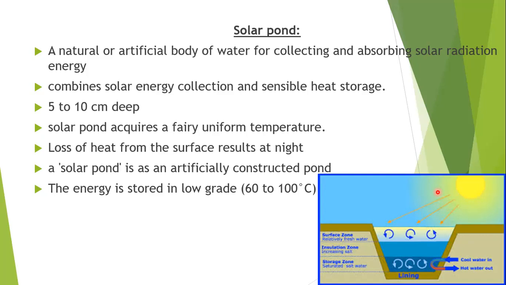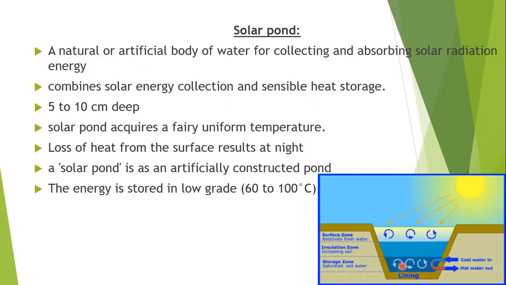It can be used for space heating, agriculture and other processes. In shallow solar ponds, as described above, water soon acquires a fairly uniform temperature. So the time required for the water to attain a uniform temperature is less. However, water in such a pond usually heats up only a few degrees.